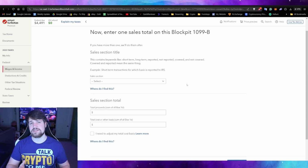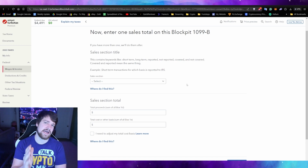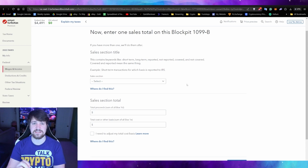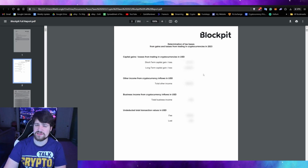And that will bring you to this page. And this is where we're going to actually type in our numbers to report our capital gains tax. However, we are going to need to extract this information from Blockpit's full tax report that they sent us. So let's go ahead and head on over to there. Now, if you've already scrolled through this, you know there's a lot of information on here. You got the first page, and that will bring you to the second page